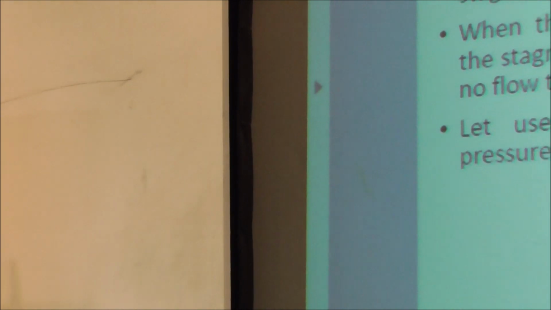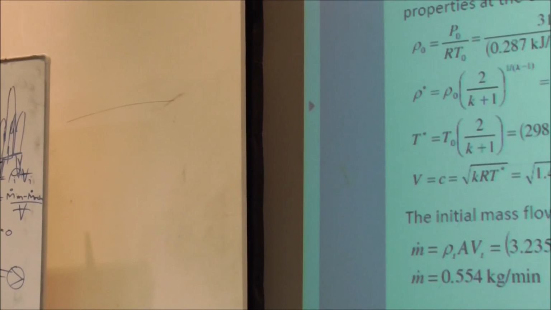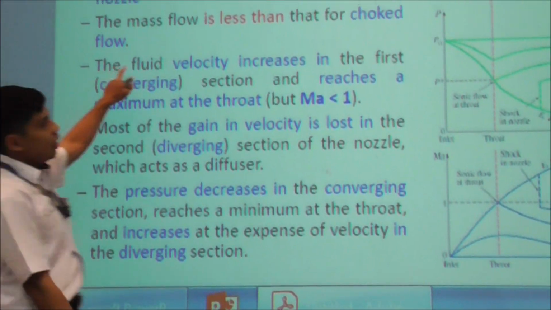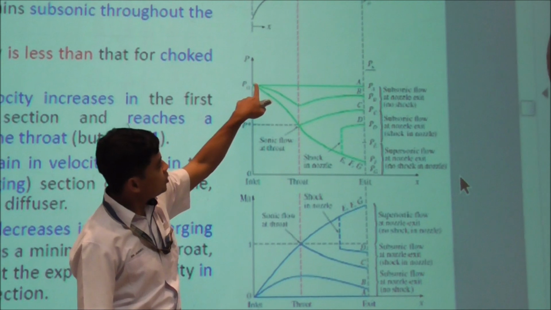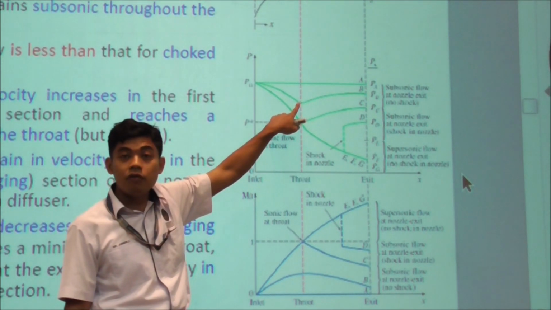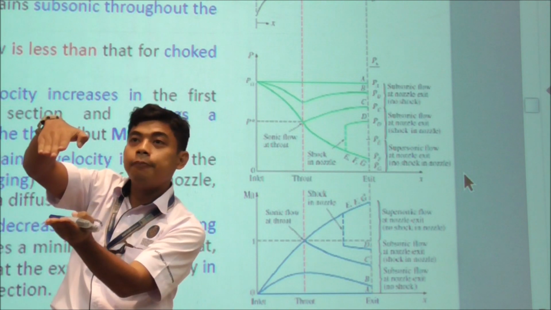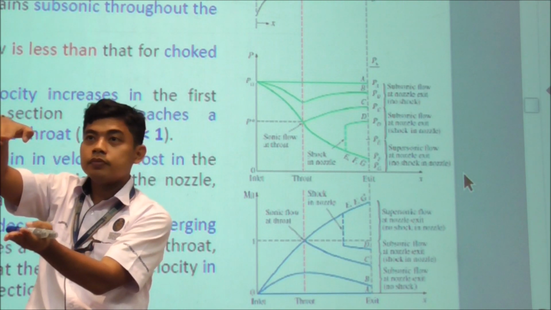Now, if you lower the pressure, when you lower the pressure, the flow starts. So you can see the pressure is decreasing because you have a converging part, right? You have a converging part. What will happen? Velocity will